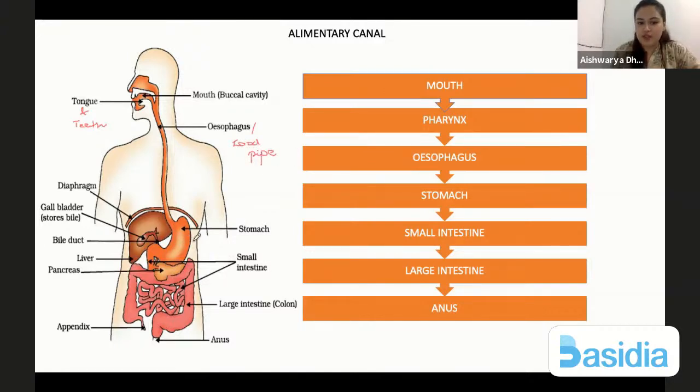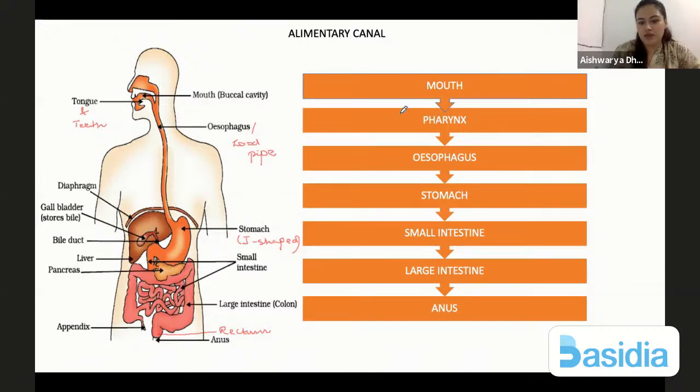Food pipe is opening into the stomach, which is a J-shaped bag. And stomach is opening into the small intestine, this highly coiled part. And then you have the large intestine, rectum, and the anus. So here, rectum can be marked. Apart from that, if you have a look here, there is the liver. This big organ is the liver. You have this small pouch-like structure, which is the gallbladder. And right above the opening of the small intestine, you have the pancreas.